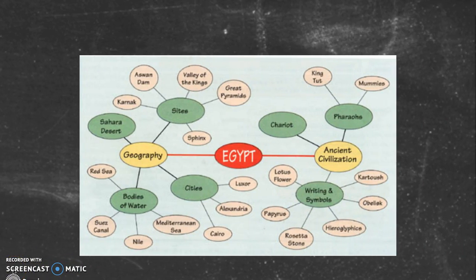And lastly, you can use a semantic map as a form of assessment. So if you did a unit on Egypt, you could ask the students to then create a semantic map, and you could look at it and identify what the student really took away from this lesson. Did they get the main concepts? Do they understand how the main concepts relate to the subtopics? And it's a great way to check your students' work by allowing them to show you what they know